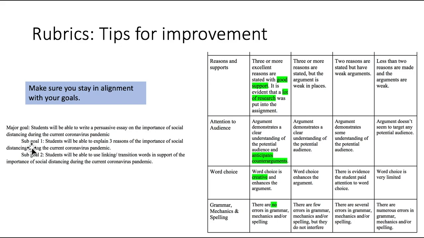If you didn't get 10 out of 10 points, it's because something was a little bit off along the way, either in the prompt, in the sub-goals, or in the rubric. And if you look at that and think about this video, you should be able to figure it out. I'm going to be having you do this again, and I'll be looking for improvements in some areas in the performance assessment, which is very close to being the same thing.